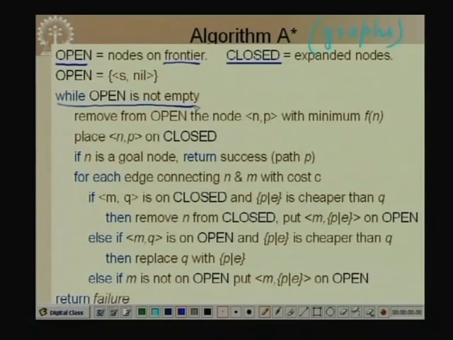Then we have a loop while open is not empty. We remove from open the node n with path p, which has the minimum value of F(n). We put it on closed. If n is a goal node, we return success and we return the path p. For each edge connecting n and m with cost c, where n is the node that we are expanding, we find its successors. For each successor m of node n,